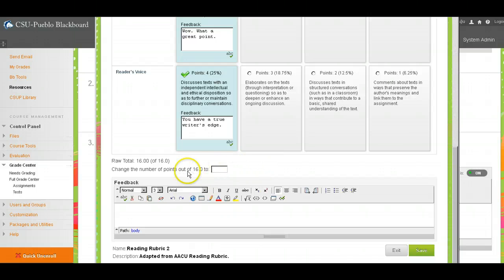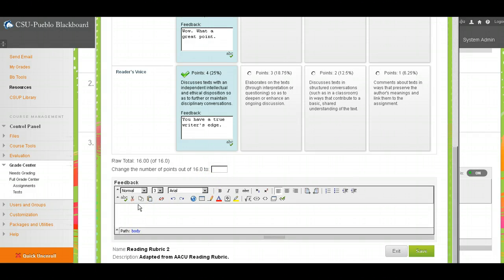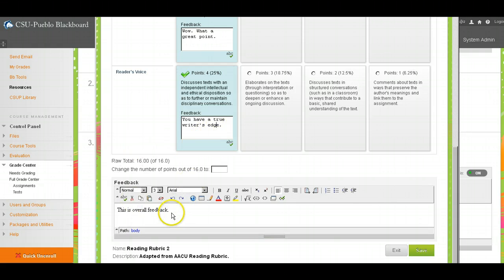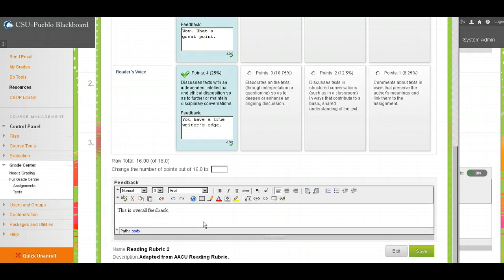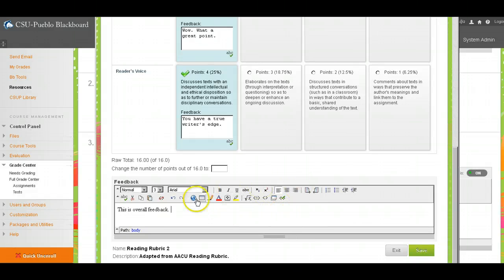For some reason, if you wanted to actually change the points, you could do that right here, and you could overwrite your raw total with the points you type in here. This feedback is kind of overall feedback. So if you didn't want to provide feedback in each of the individual cells up here, you could do general feedback down here. And I will show you when we go back into the students area where you're going to see that feedback. Okay, so I'm going to save this here,